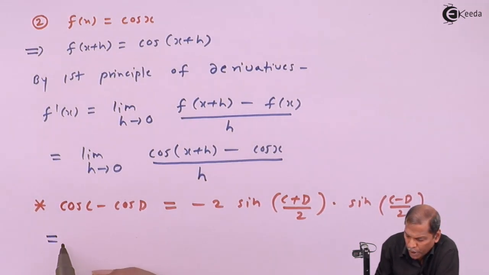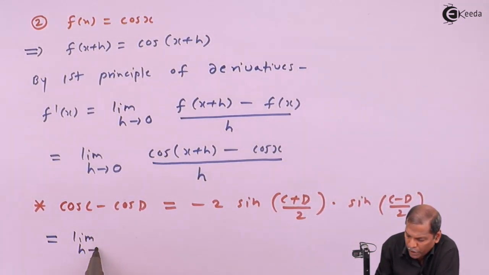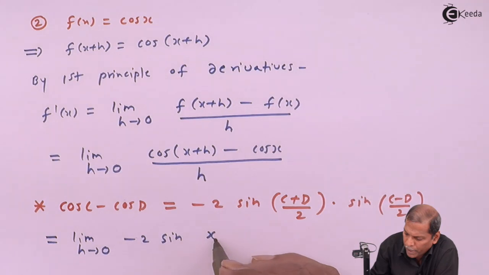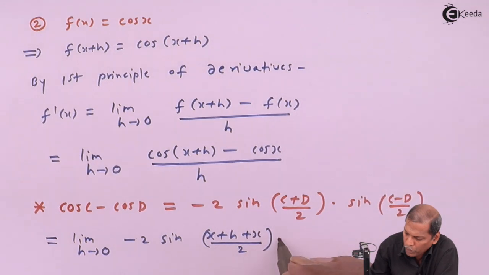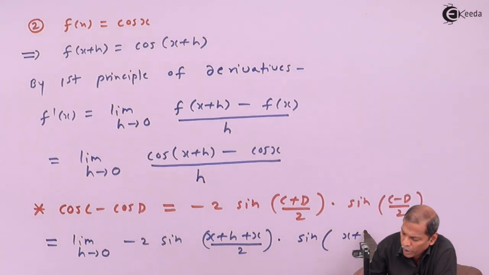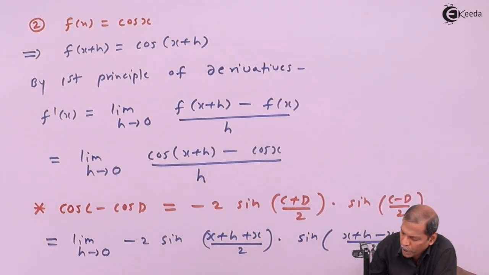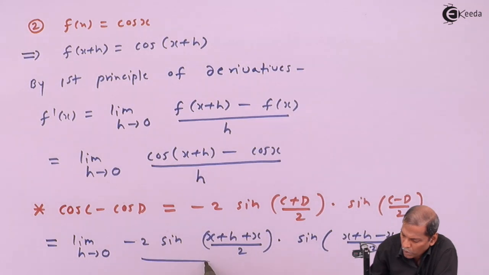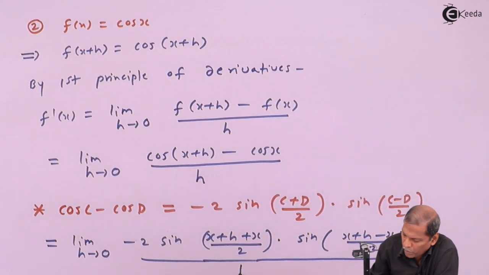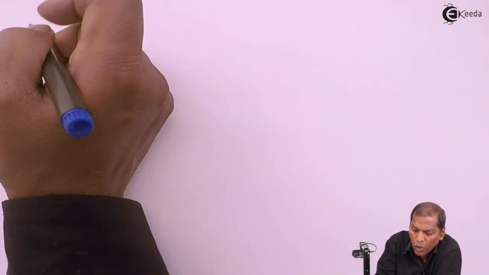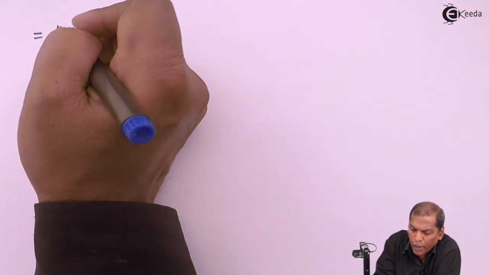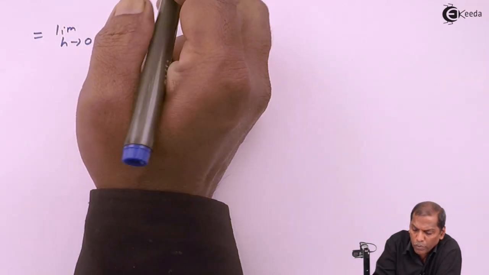So the next step is equal to limit h tends to 0 of minus 2 sin((x+h+x)/2) into sin((x+h-x)/2), and then the whole thing divided by h. So the next step will be limit h tends to 0